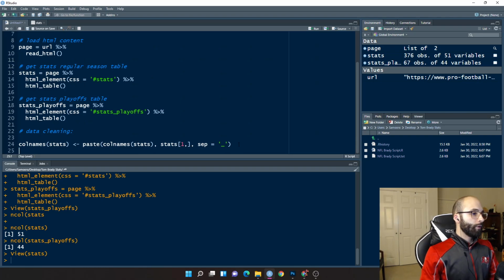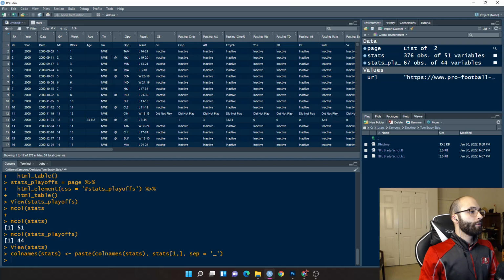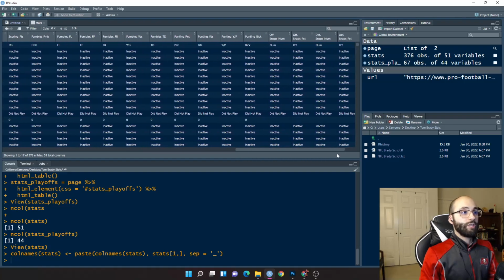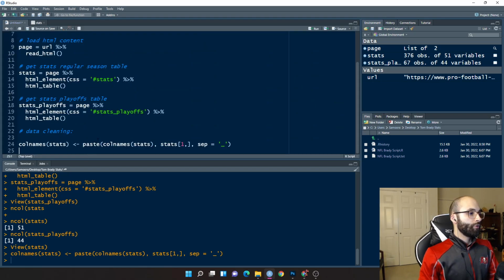So if we were to run that, we can look at the data and we can see that we have that passing CMP, passing ATT. So we can see that now. That creates some type of unique columns and some type of differentiation between the columns, which is important. But the thing here is we have these columns that start with an underscore, and we want to get rid of that. So in addition to that, what we want to do is